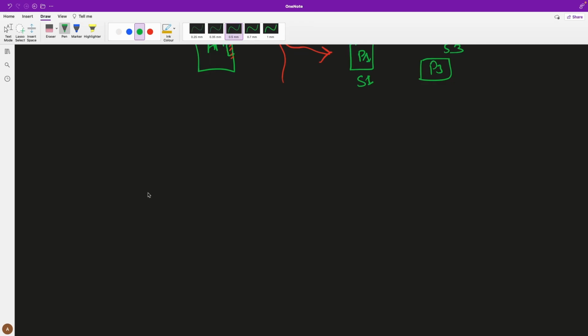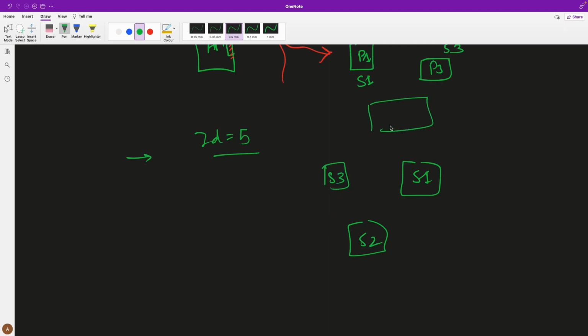And the fourth problem is when a certain set of data is being accessed more. Let's understand this with an example. Let's say we have id equal to 5, and this is on the first shard S1, this is your S2, and this is your S3. And let's say this is your application.